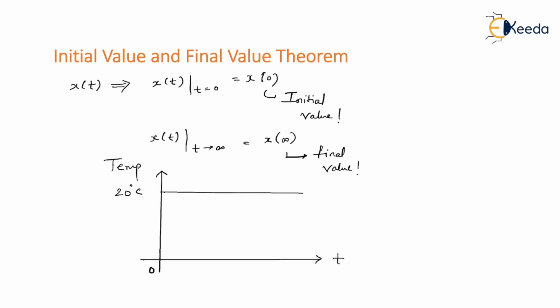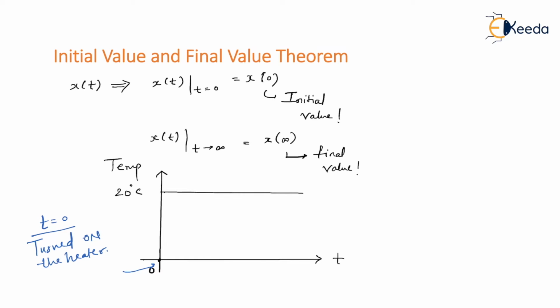So all the time I want to maintain this temperature, and therefore I have shown that right from t equal to 0 up to infinity it should be 20 degrees centigrade, constant throughout. But in reality this is not happening. Let's say at t equal to 0 instant you have turned on the heater. Now do you feel that at t equal to 0, when you have turned on the heater, the temperature would have been 20 degrees centigrade? Of course not, it would be far below 20 degrees centigrade.